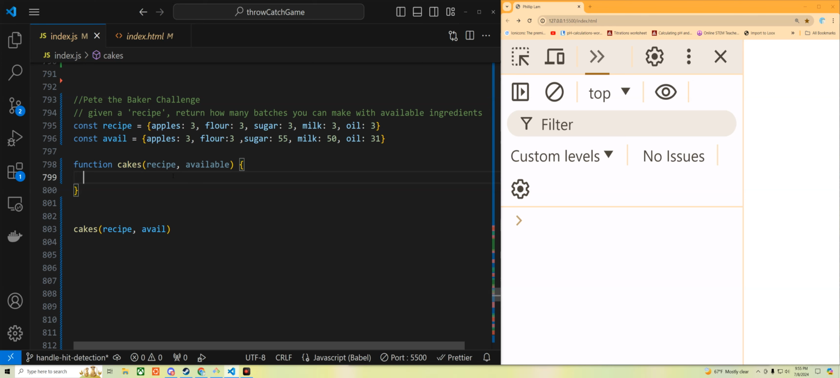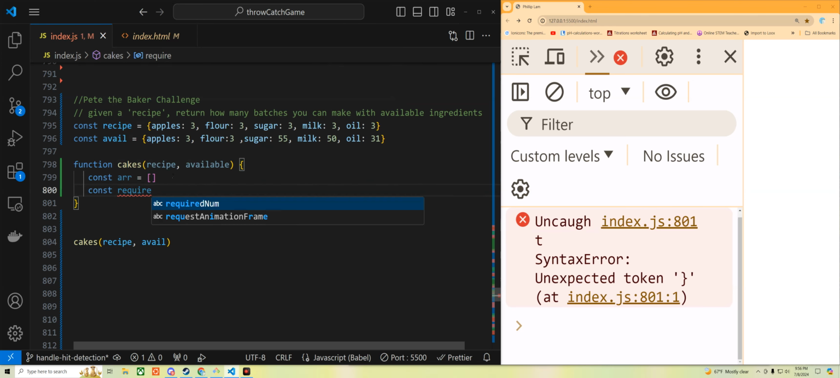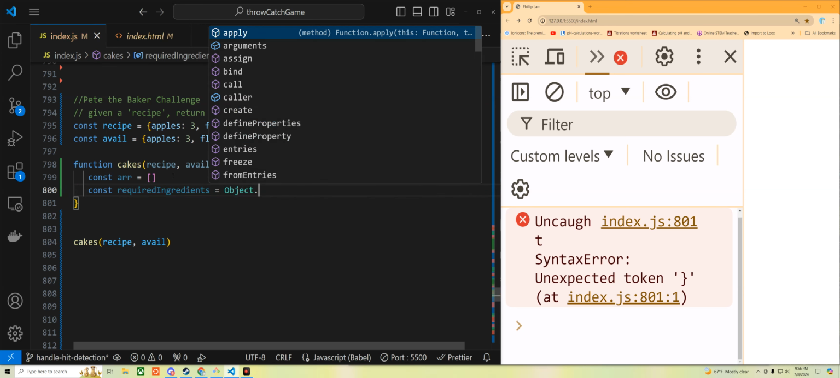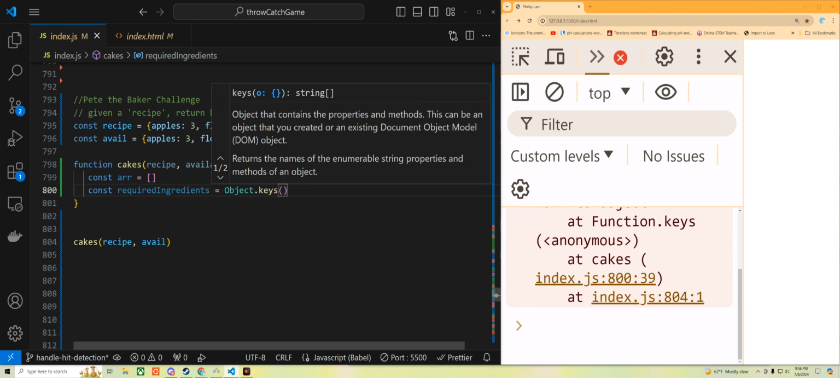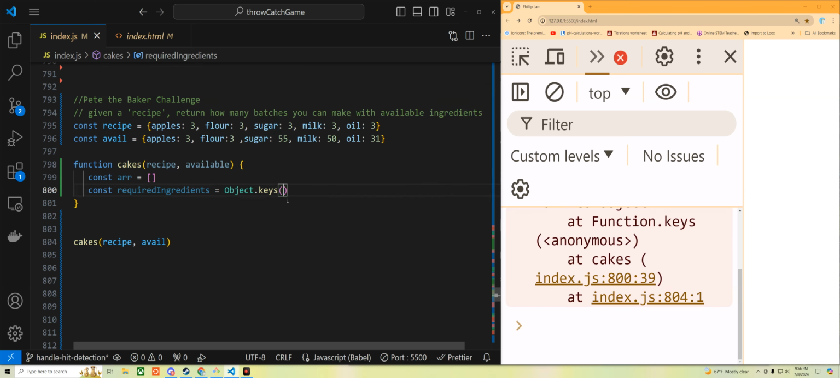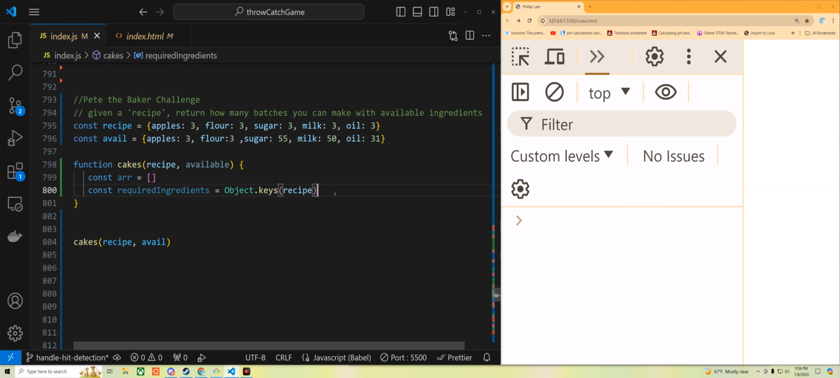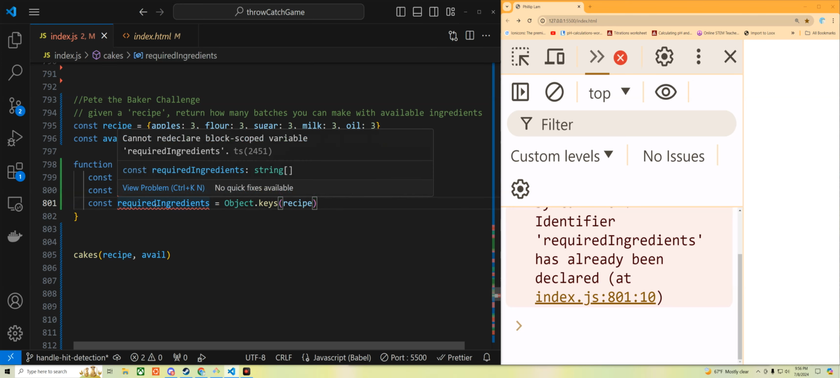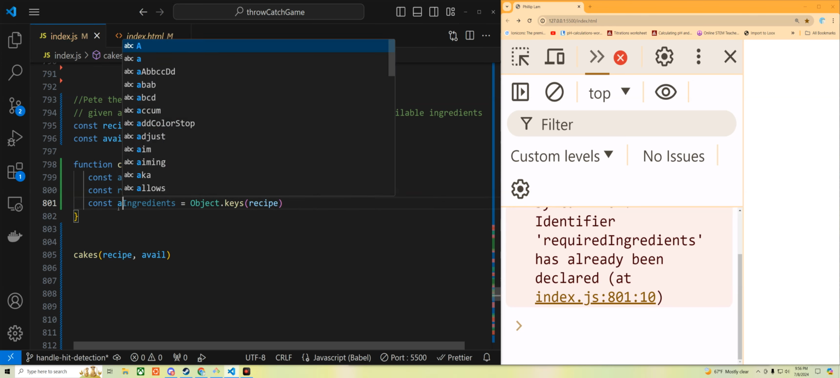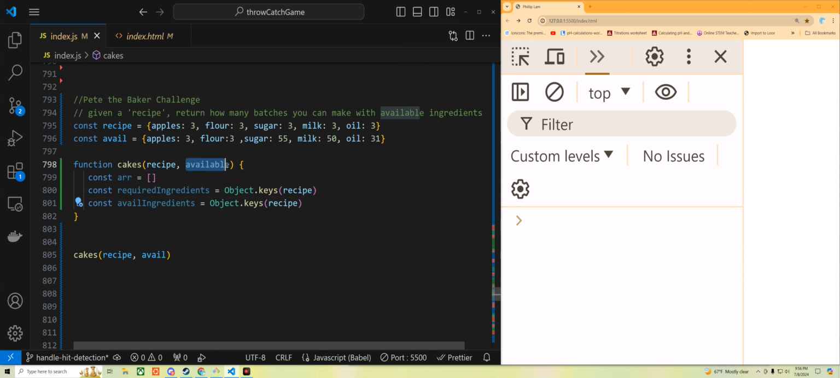Okay, so first I'm gonna make an empty array, const arr is equal to an empty array, and we're gonna need this later on. Okay, so now I'm gonna say const, let's say requiredIngredients. And we're gonna do this like Object.keys, and we're gonna take all of the key names of the recipe, okay? And then we're gonna do the same thing, but instead of required ingredients, let's do availableIngredients. And this will come from our second argument,